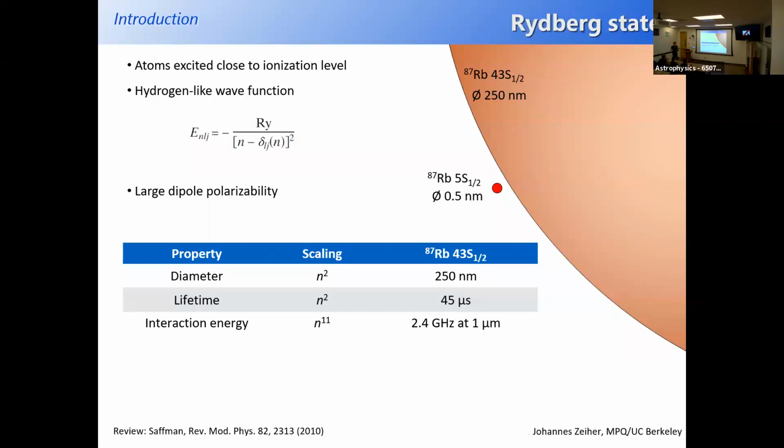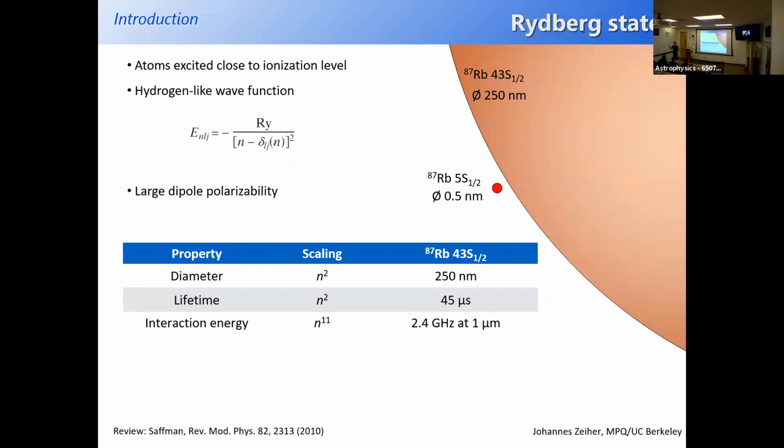So they're way, way larger. And actually, they're almost as large as the interparticle separation in our lattice. So it's a crazy scale for an atom, basically. The fact that they're highly excited also means that the lifetime is actually longer than the lifetime of a lower lying excited state. And it's in the range of 25 microseconds. And this is long for an atomically excited state, but it's very short compared to any motion in the lattice. And the interaction energies, and this is actually the most notable scale here, is massive.